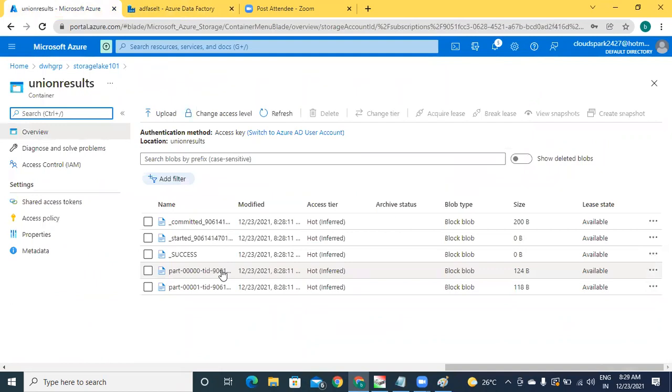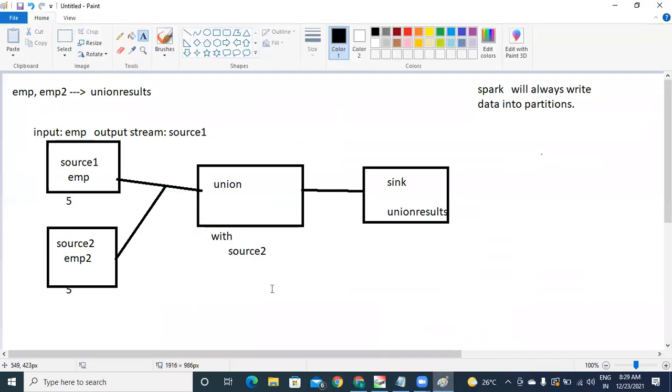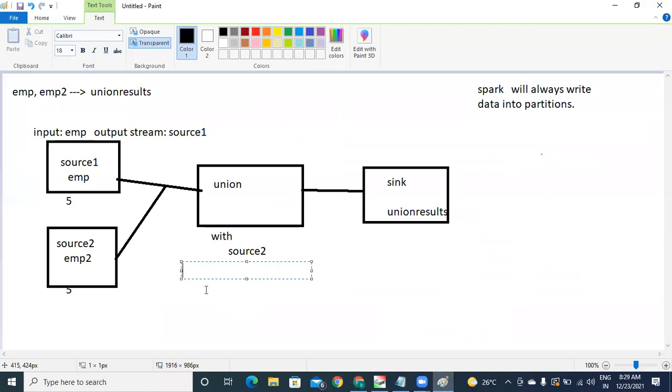But our expectation is not this one. All data should be in a single data unit. That's why in the coming next example, I will merge these two things, but my target is SQL table. Okay. So still I did not enter into the Synapse concepts. That's why I am not showing target as Synapse. For now, I will show the target as Azure SQL table. I am going to replace this.